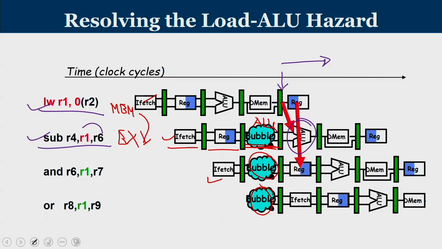Whenever we have an ALU instruction that is immediately following a load instruction, and if there exists a dependency between them, then there is a stall that is compulsorily needed between the load word and the sub. So, what is the impact of the stall? The first instruction will complete at clock cycle number 5. If you look at 1, 2, 3, 4 and 5, ideally with operand forwarding, as we have seen in the previous example, in clock cycle number 6 the second instruction will complete.